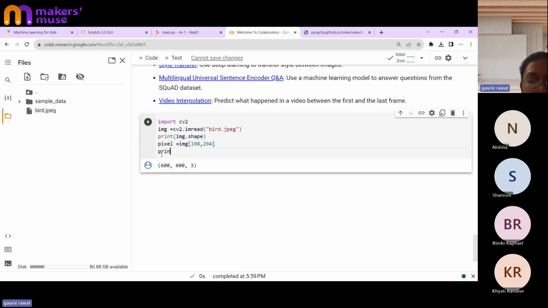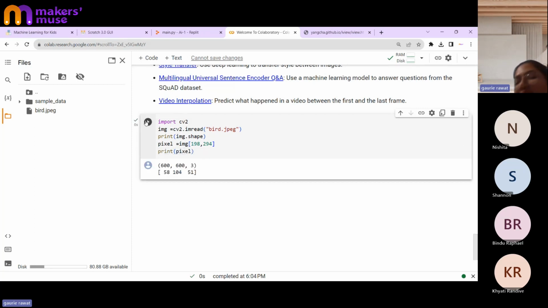Now, if I print the pixel, you'll see a complete change. None of the values over here are matching the points.